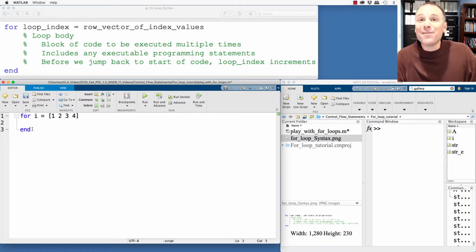This loop is going to be very simple. Specifically, all I'm going to ask MATLAB to do is to display the current value of i in each iteration. Let's think about this one more time. The point of this for loop is to allow me to run this single executable line of code, which only displays the current value of the index variable i. This loop will run a total of 4 times because my row vector of desired values is of length 4. There are 4 separate values that we're going to allow i to take as this loop repeats itself.